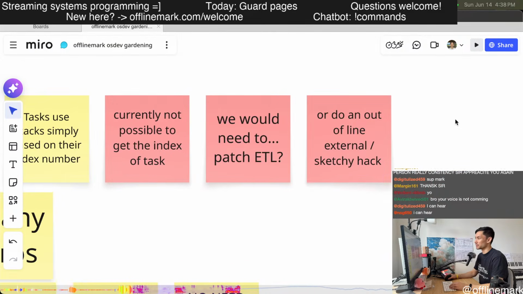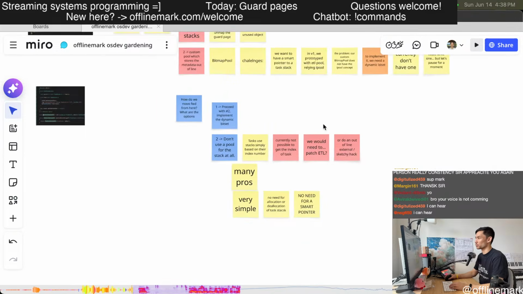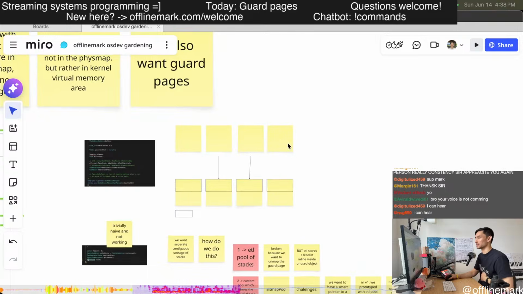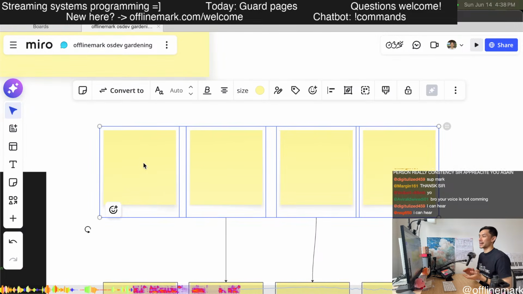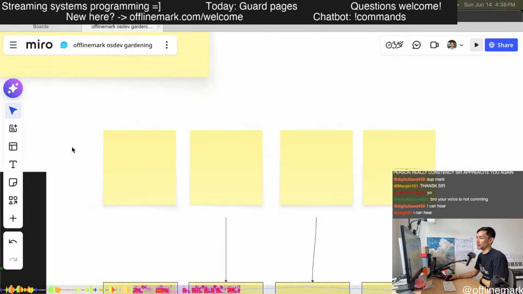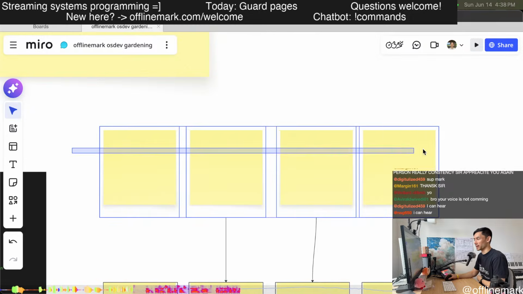The only reason we might be able to hack this is because we're not using a normal linked list. We're using an ETL static list, which means all of the nodes are allocated statically up front and in a compact way.